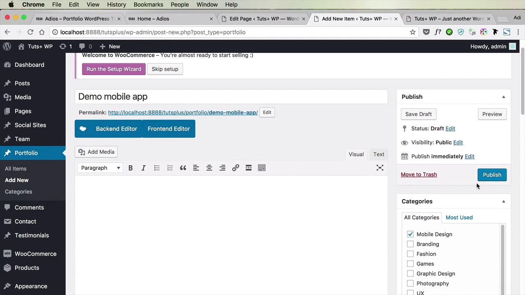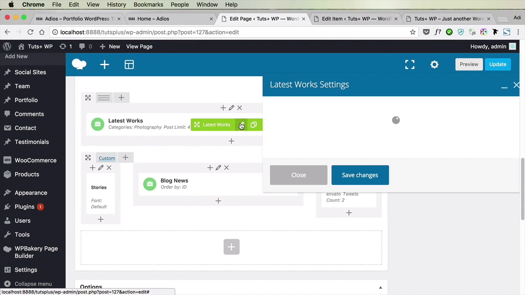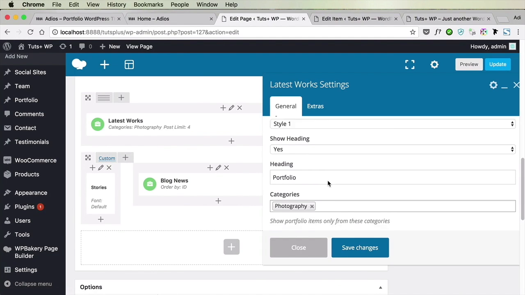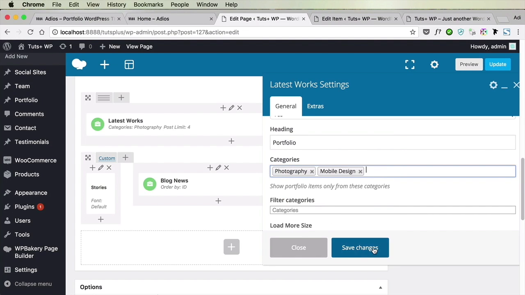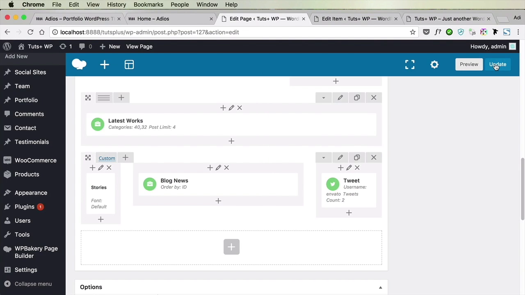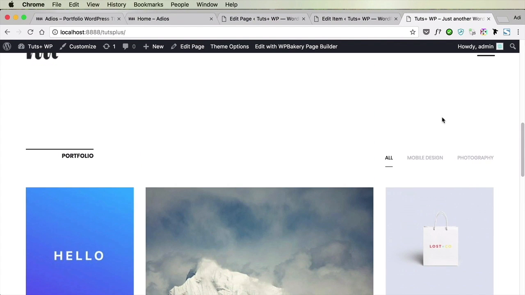All right, let's publish that. And then we're going to go back to our main page here. We're going to do a quick refresh. And in the latest works, I'm simply going to add another category here, mobile design, and I'm going to save changes. So hit update, and now if I do a refresh, you'll see that the portfolio displays the items from